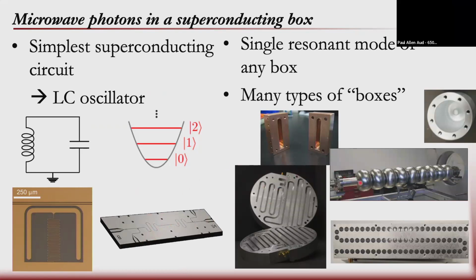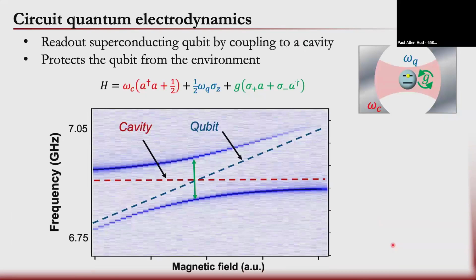This is a Tesla cavity in Fermilab. If Fermilab had their way, quantum computers would look exactly like accelerators with these cavities. But you can literally put your photon in a box. This is just a copper box that you machine and screw together, and it will live for a while. And if you make it out of superconductors, it'll live for a long time. There's also this three-dimensional coax cavity. You can also have these long waveguide cavities that we make in various different ways, and I'll mention them later. One thing I like about this is the very first experiment you do,